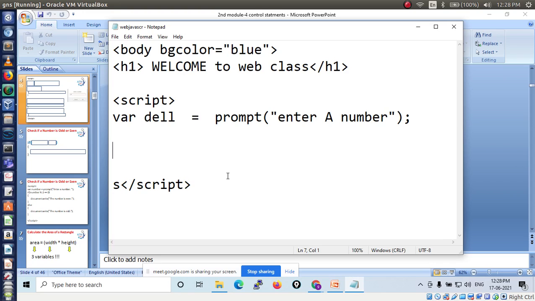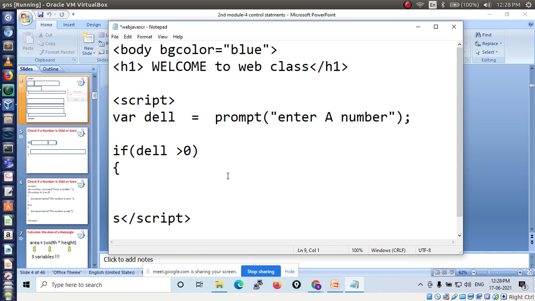The next line is the condition, right? Which variable am I comparing? Del greater than 0. If greater than 0, what do I have to print?